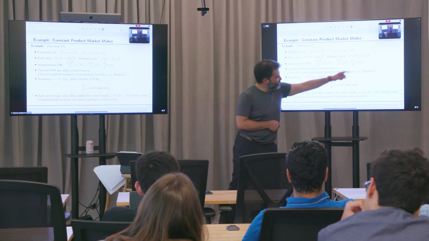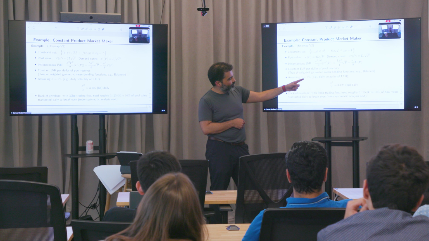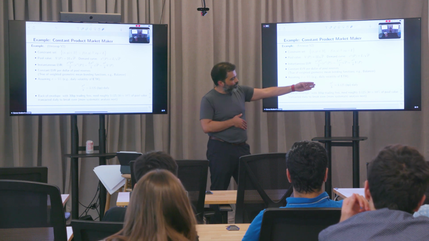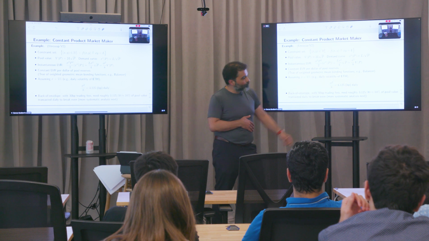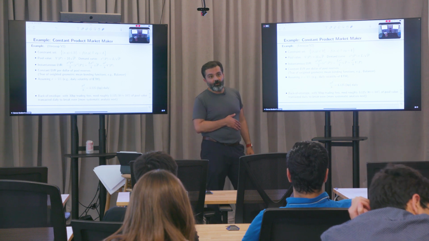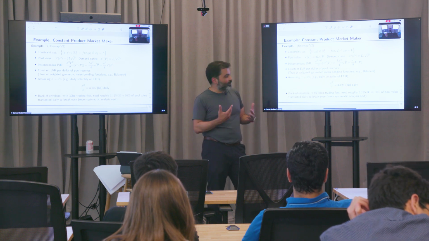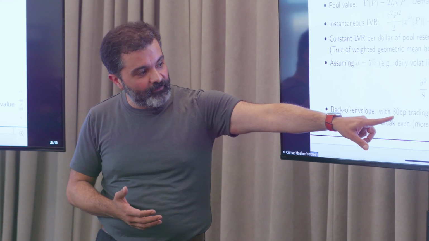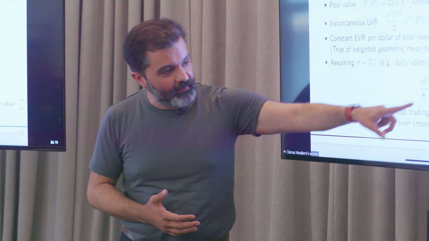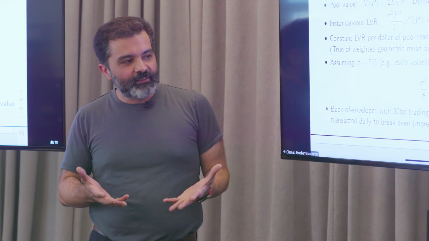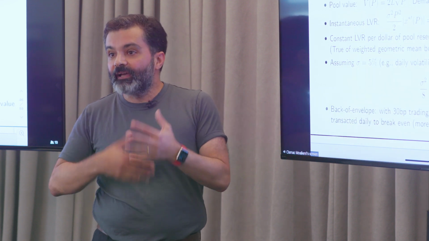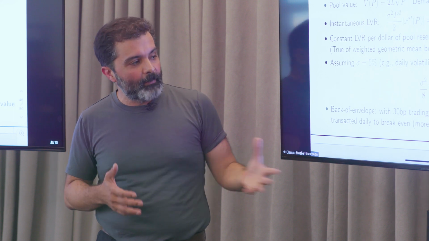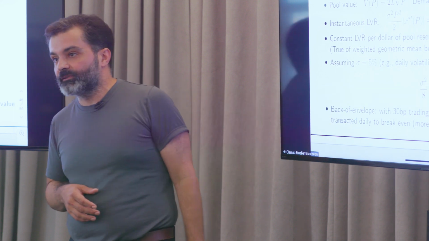So again, sigma is a volatility. So if I plug in a volatility of 5%, this suggests that a Uniswap V2 pool should be losing about 3 basis points a day on its value due to this adverse selection cost. So for example, if the trading fees are 30 basis points, which is 10 times that, it suggests that you need to turn over around 10% of the pool in terms of actual trades in order to make enough money to balance this adverse selection.